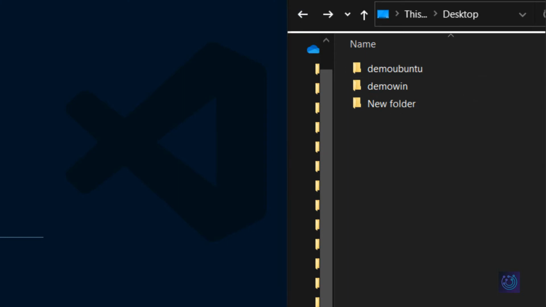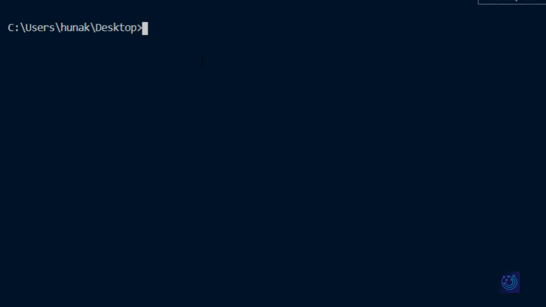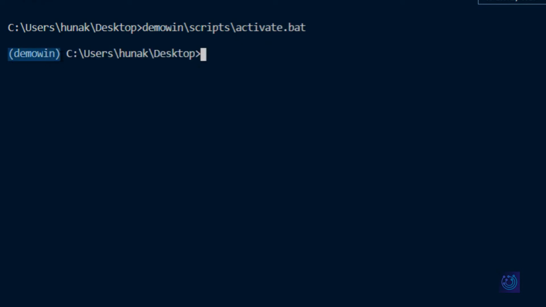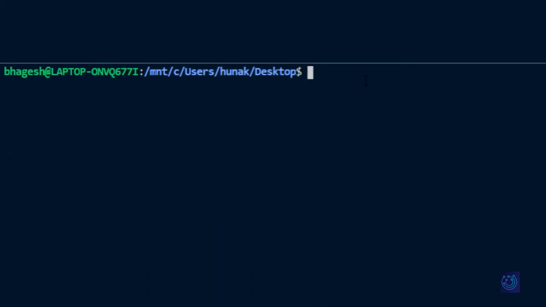The next thing we are going to do is activate the Python virtual environment. Type in the name of the virtual environment, that was demo win, followed by /scripts/activate.bat. If you see, the name of the Python virtual environment is displayed in brackets, which signifies that a virtual environment has been activated. Let's do the same in Ubuntu.